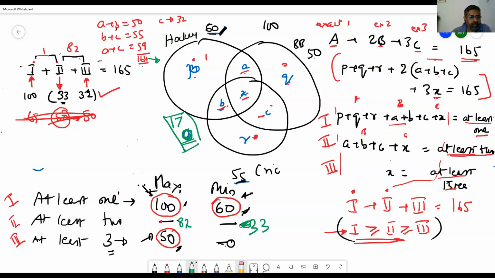So in this case, what is this? I think we should change these values also. How many is exactly 2? Exactly 1. Exactly 1 is how much? Exactly 1 is 67 people, isn't it? 100 minus 33, 67. Exactly 2 is 1.